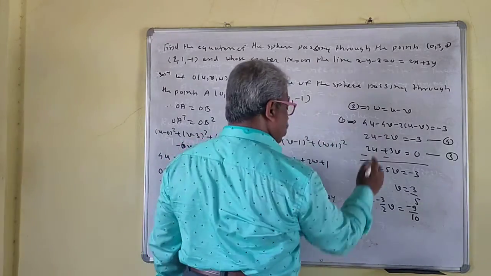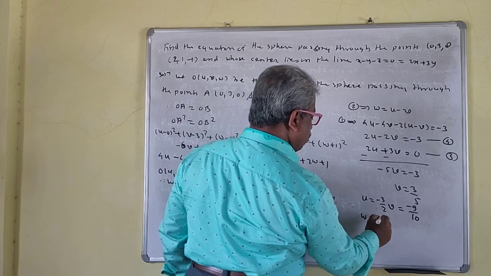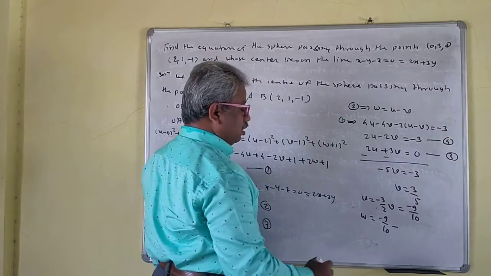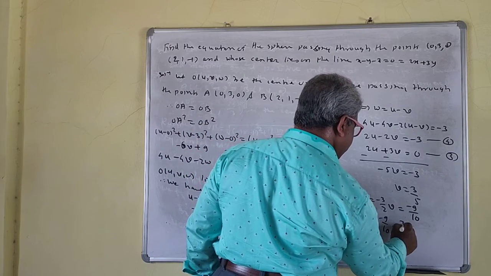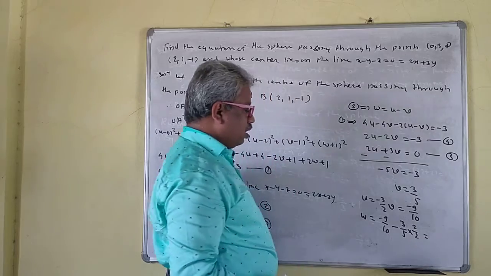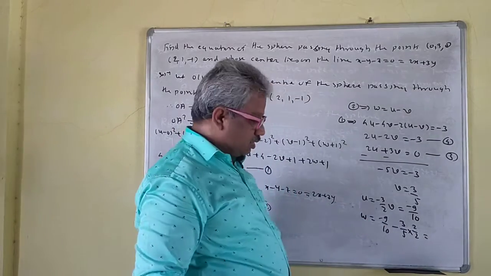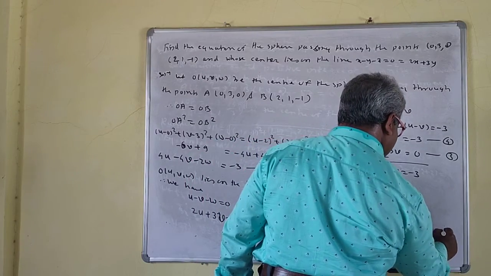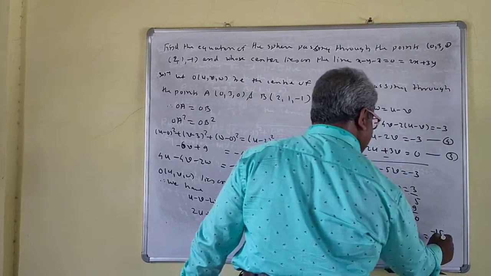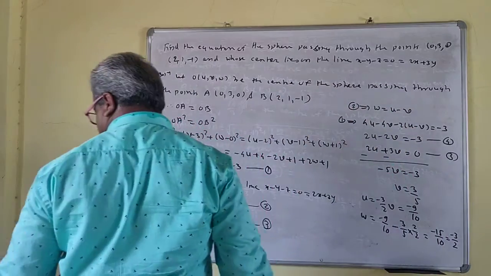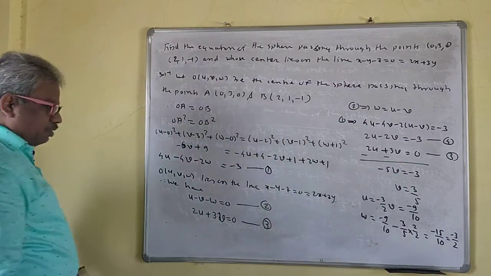So now your w is what? w is equal to u minus v. So minus 9 by 10 minus 3 by 5. 3 by 5, you can multiply by 2. Okay. So minus 9 minus 6 is minus 15, minus 15 by 10. So I can write this as minus 3 by 2.